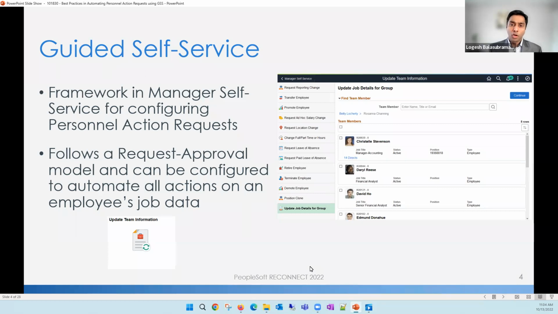Now, if you're completely new to this topic of guided self-service, many of you may not even know the terminology but might be using it in your system. Guided self-service is a PeopleSoft term for the framework that powers different manager self-service capabilities in the PeopleSoft HCM system. It was introduced primarily for manager self-service, but it's also used for some aspects of employee self-service as well. It provides a very simple, intuitive, easy to use user interface for your managers